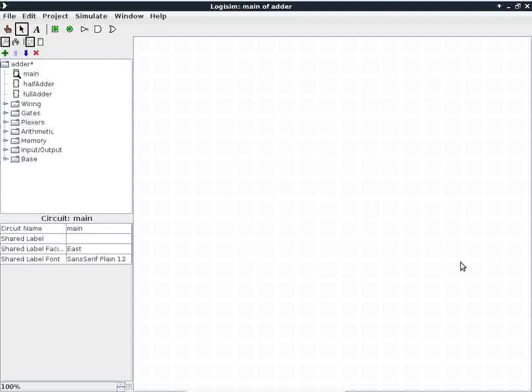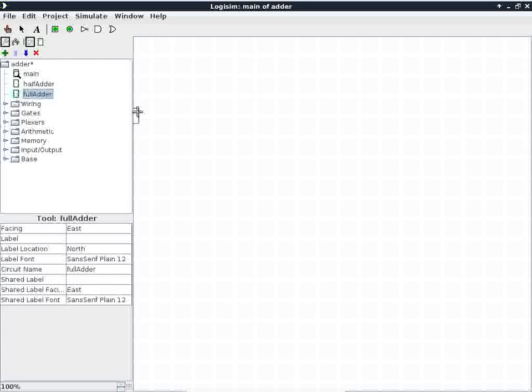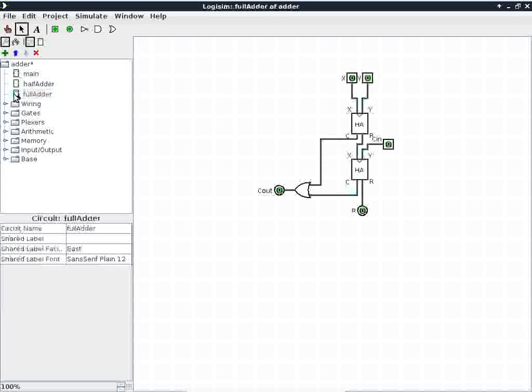Are we still doing okay so far with how to use the software and also what I'm doing with the software? Okay. So now I want to create a 4-bit adder. So I have 4 inputs from one number, 4 inputs from the other number, and using 4 full adders in this case. So I go to full adder, and one thing I forgot to do is to change the look